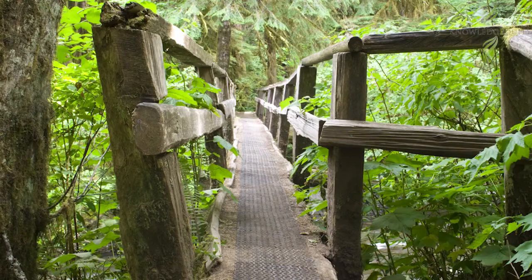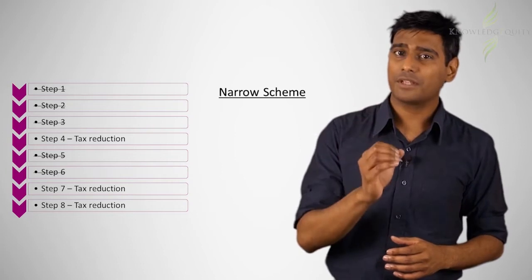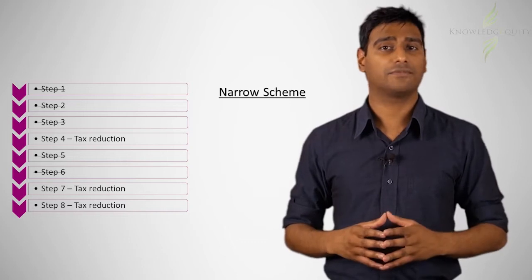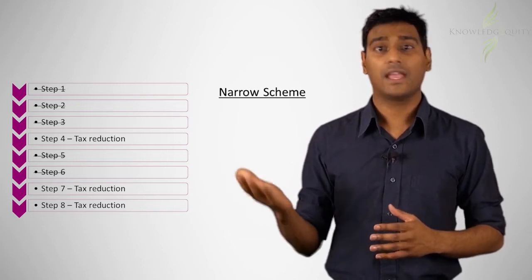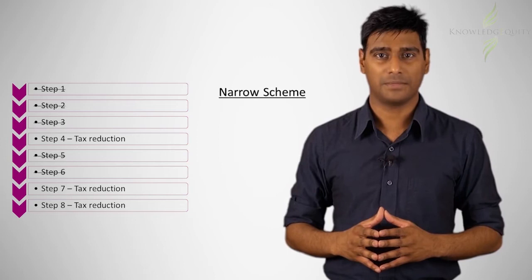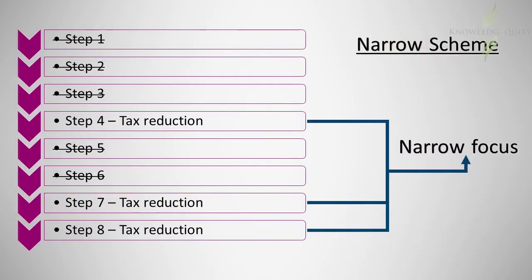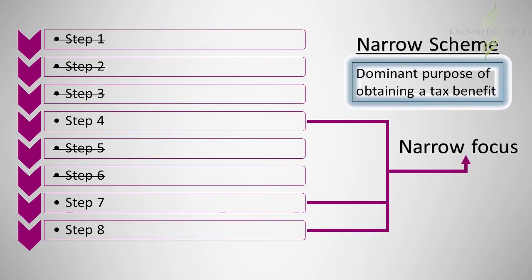One way the tax office could identify the scheme is in a narrow manner. The tax office could focus on the steps which were directly aimed at reducing tax, such as seeking the advice of an accountant, setting up the trust, and distributing the trust profits to family members. If the scheme is identified narrowly in such a manner, then it will be easier to fulfill the third requirement of Part 4A, that the dominant purpose of entering into the scheme was to obtain a tax benefit. This is because the steps of narrowly identified schemes mainly comprise the tax minimization actions.